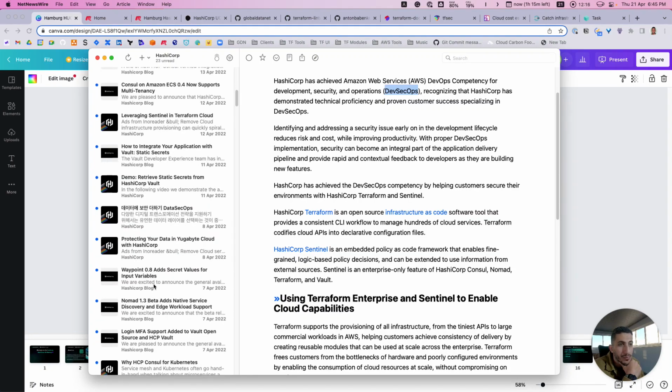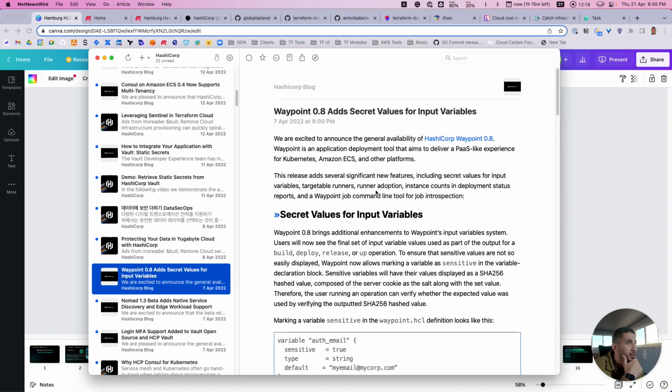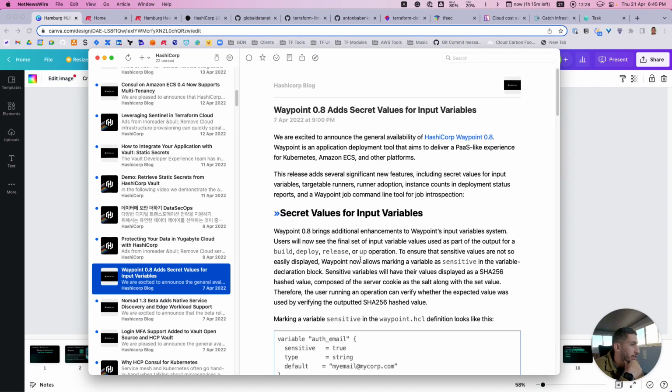And there is an update for Waypoint. If you didn't know, Waypoint is like CI/CD on steroids that you can use to build, deploy, and release. It follows the same approach as Terraform, where you can encapsulate the underlying services, like if you are using GitHub or GitLab or something else.